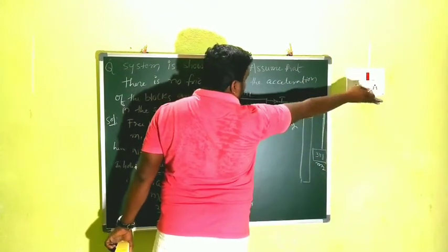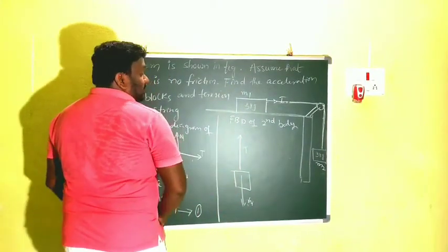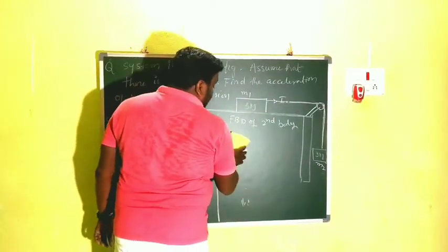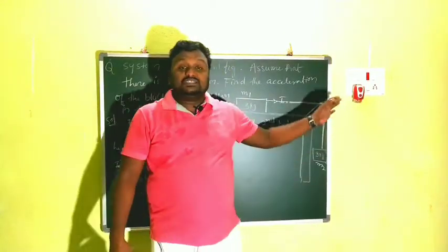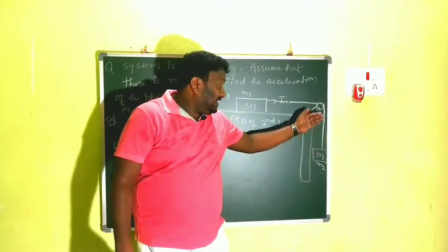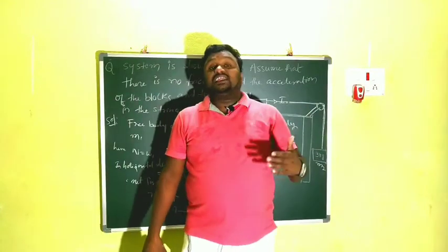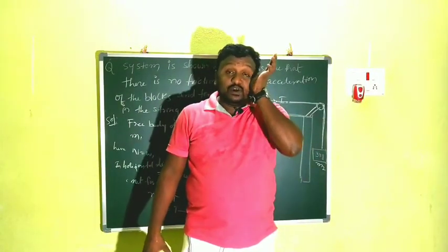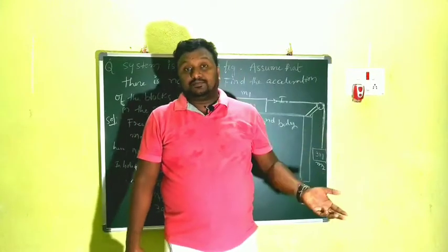That's why here there are no horizontal forces, simply downward and upward only. It is not moving in the horizontal direction. That's why we have here T and W. But in this case, initially when we keep these two at this position, this body comes down. That's why weight is downwards and tension is upwards. Even though tension is acting upwards, the object is coming down, which means the weight is greater than the tension.